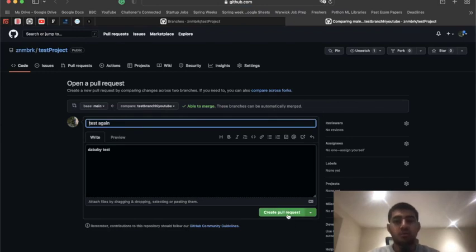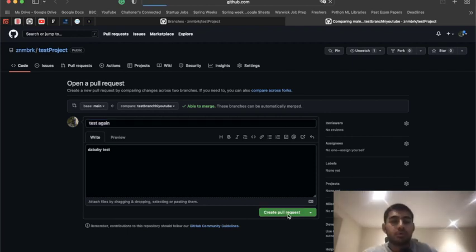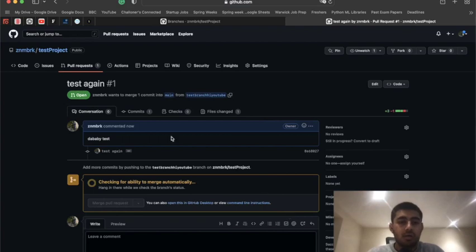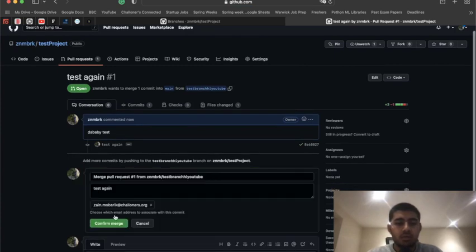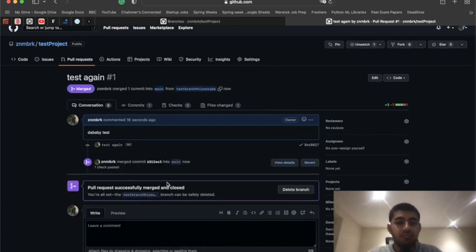Usually, there's no real need to create branches if you're working on a project by yourself, but then let's create the pull request, and then a superior can come in and look at the request I've made. These checks just indicate if I've not leaked any passwords or anything. And then we can merge pull request, give an email to merge it to, confirm it, and then bam, done,